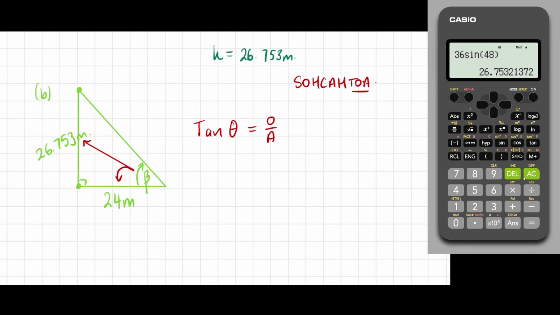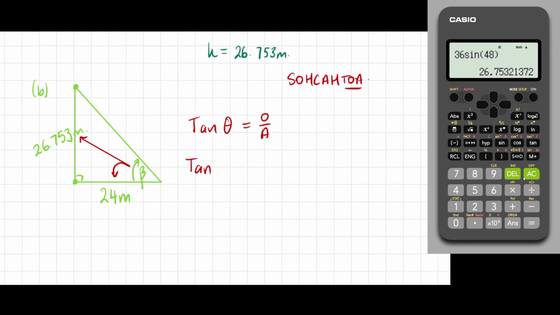Now we're going to substitute in what we know. Well, we don't know what the angle is, so I'm going to put my beta in there. The opposite is equal to 26.753 over 24. So beta is equal to, and this is where we do the tan inverse again,